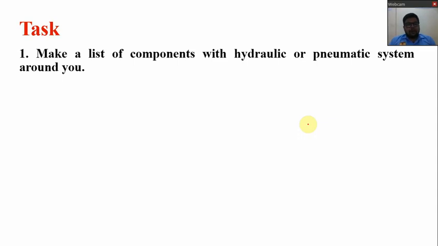Whatever system you remember, you have to make a list of those that use a pneumatic or hydraulic system for power transmission, or for any other purpose. So it is a very simple task, and I hope you will enjoy this subject. Complete the task and submit it on Google Classroom. Thank you.